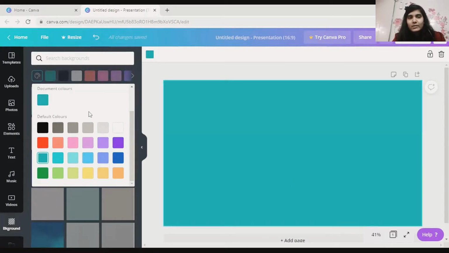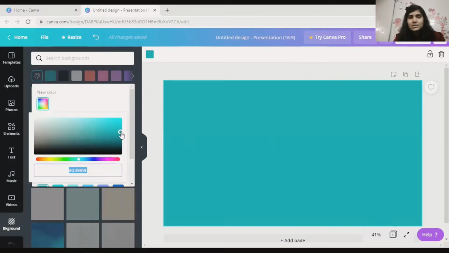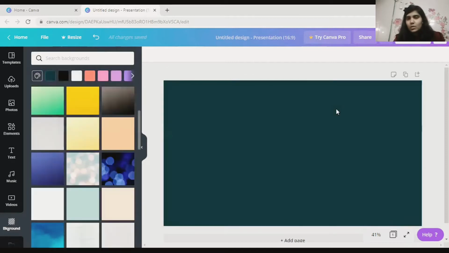And now I want a darker shade, because when you're creating a PPT, you will usually want to use darker colors and not light colors, because the text won't be nicely visible if you're using lighter shades. Okay, so this is the color I want to use for page one.